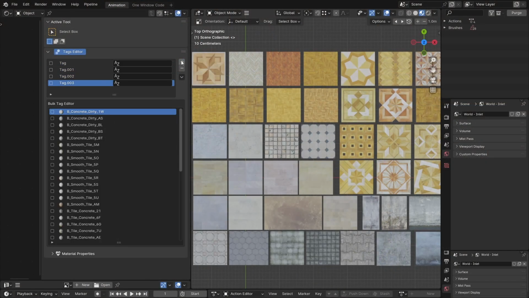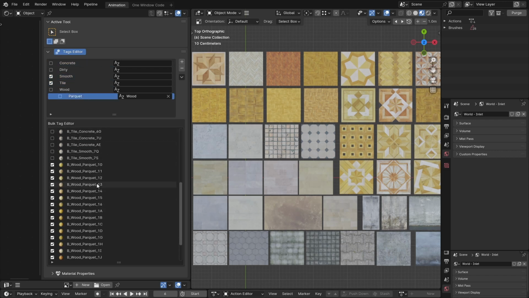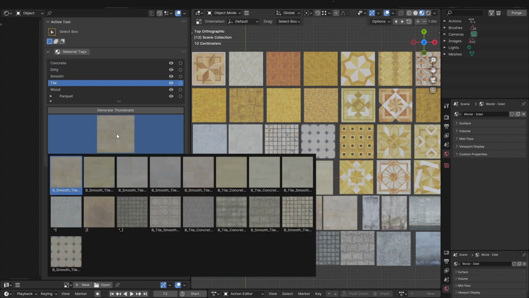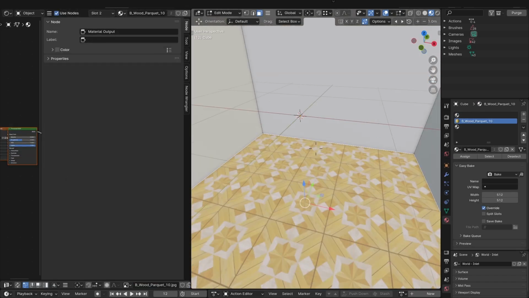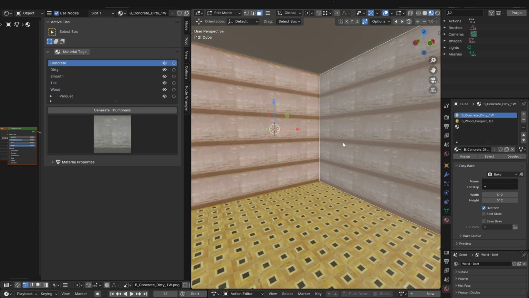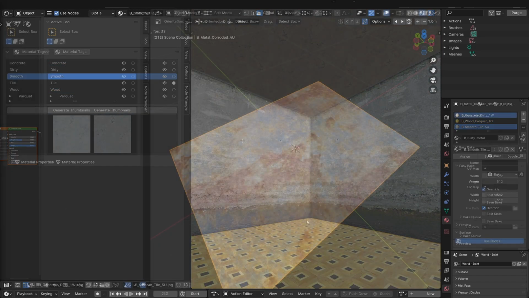Enter Material Tags, a tag-based management system that lets you view, edit, and organize materials. Blender's collections system is not available to materials, but even if it were, Material Tags is the greatest tool, allowing you to assign multiple tags to each material, offering complete flexibility in categorization. Build your tag hierarchies however you need and filter them to find exactly what you need.